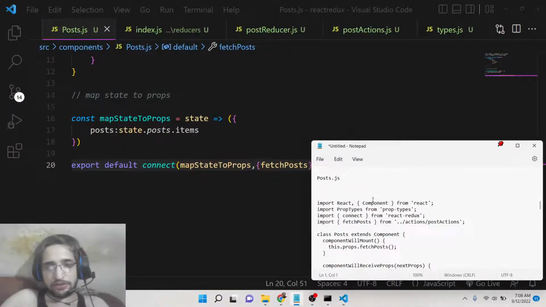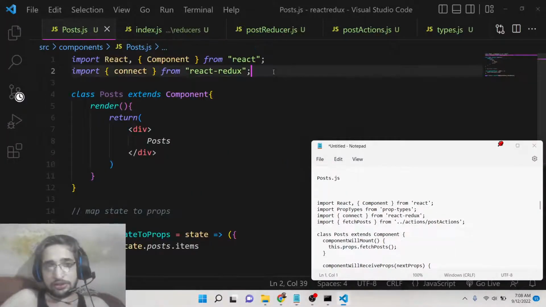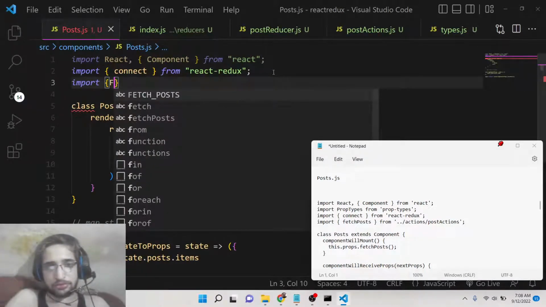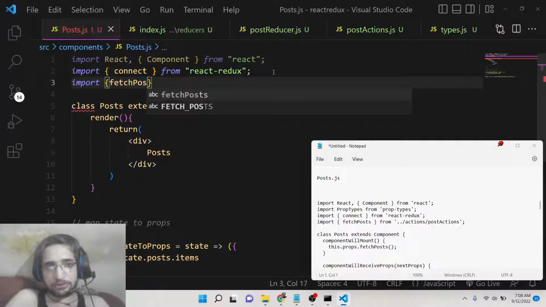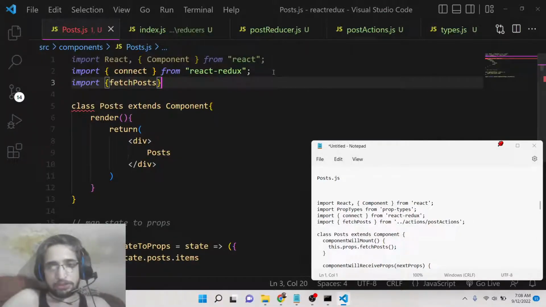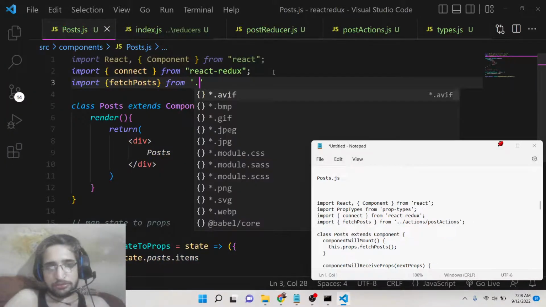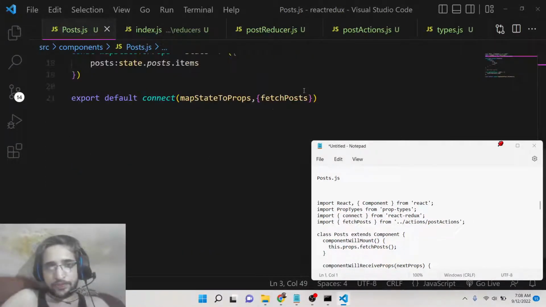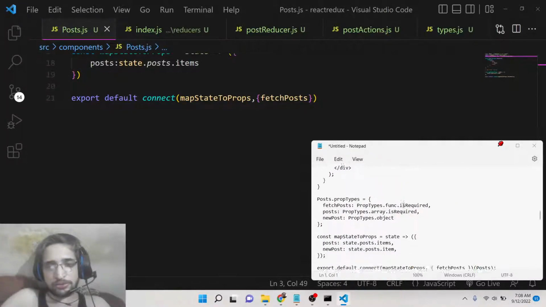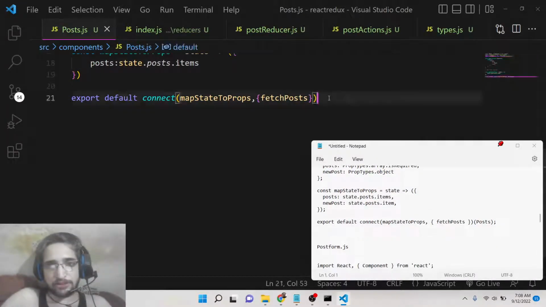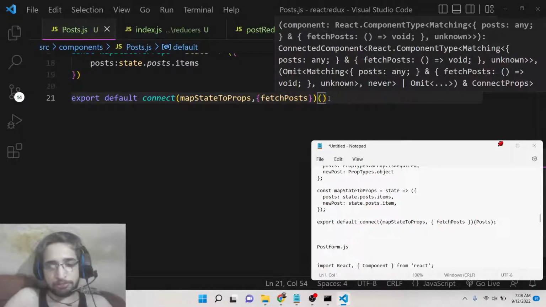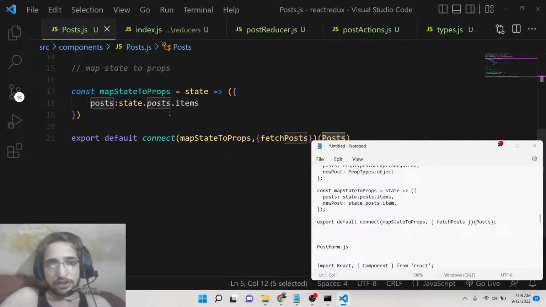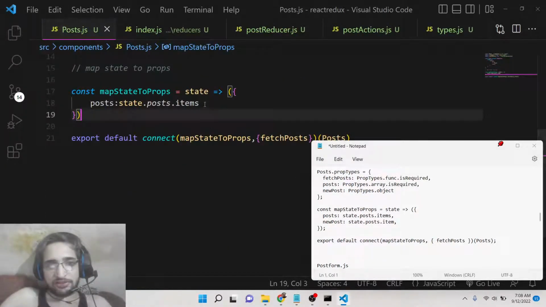So I think we need to import this fetch post from actions slash post actions. And lastly guys, we also need to give the component name here after this. So inside parentheses post, this is the name of the component here, like this. So now basically we can access the data